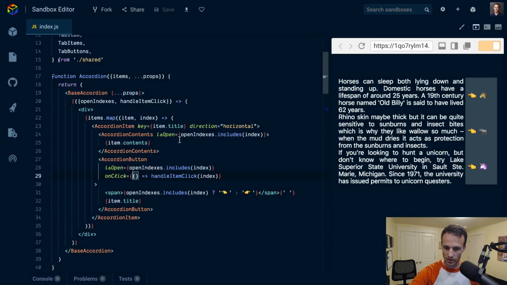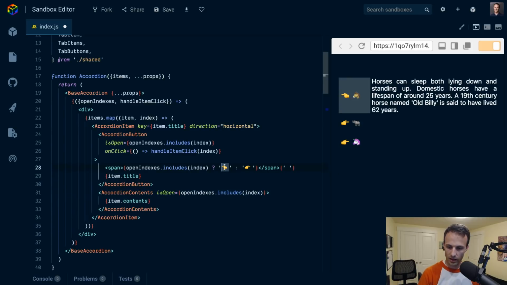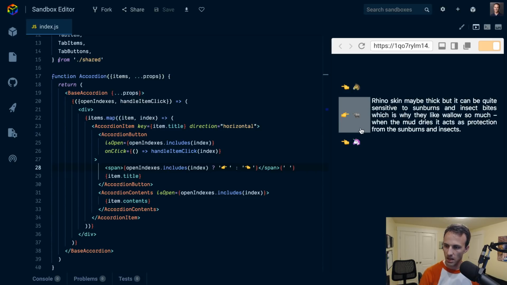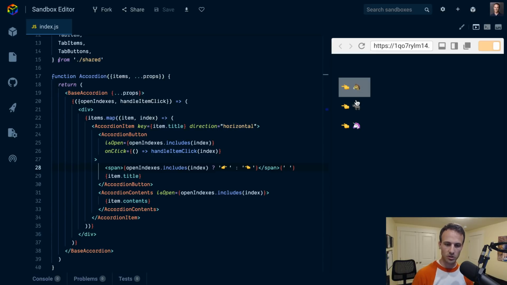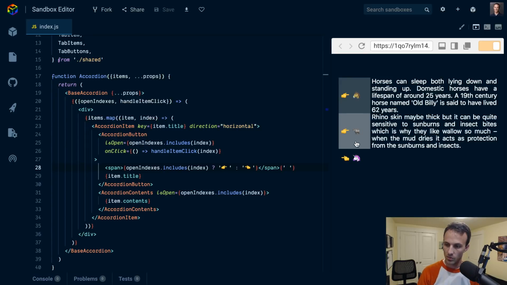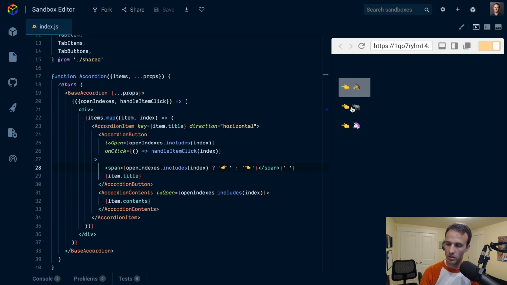And then somebody says, hey, I want it to be on the left. And you're like, okay, take their version and just move it down here and then swap these hands to go the other way. Okay, cool. That's pretty easy. So now you have a fair amount of duplicate code, and there are things you could do to take this accordion and make it dynamic based off of some props, so that it can support multiple of these rendering use cases. But the fact is that you didn't have to change the base accordion to do this,